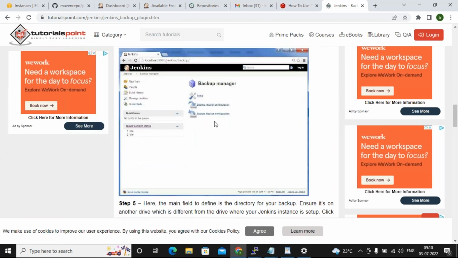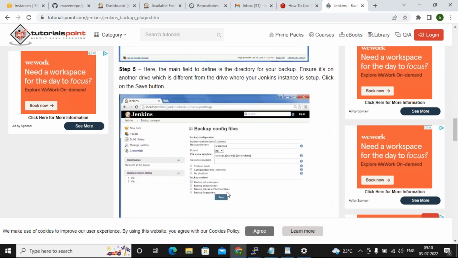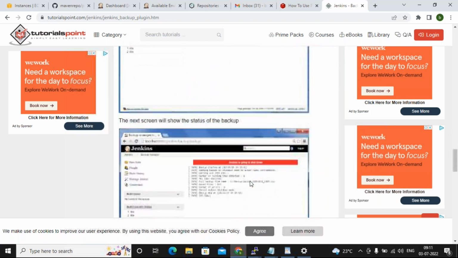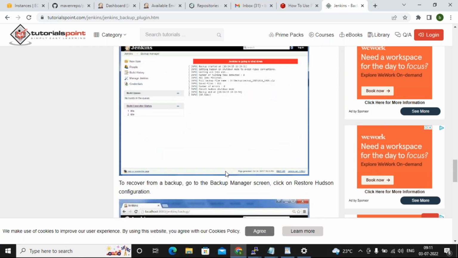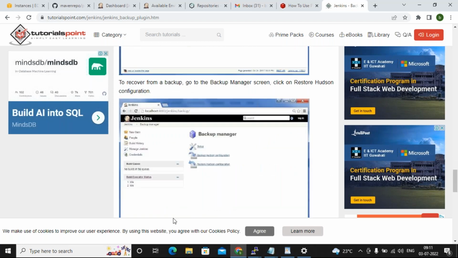Once your backup plugin is installed, in backup manager you can see which files you want to back up, to which folder you want to take the backup, and the days, schedule, everything you will get. In that way you can back up also, guys. So backup is very, very important for your Jenkins. Okay, so this is how backup works.